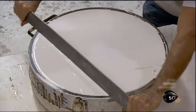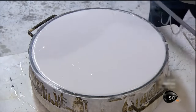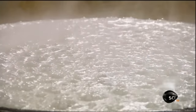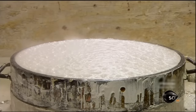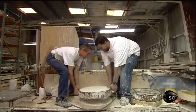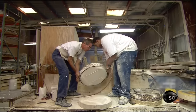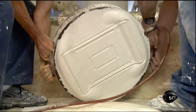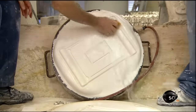To do this, he pours gypsum into a wire mesh frame above the master. There's tubing attached to the mesh frame, and he pumps air through it. This causes the water in the gypsum to bubble out and evaporate. It dries and solidifies into a mirror image of the master, in this case, a platter shape. The tubing inside this production die will be used again later to gently blow off the platter when formed, releasing